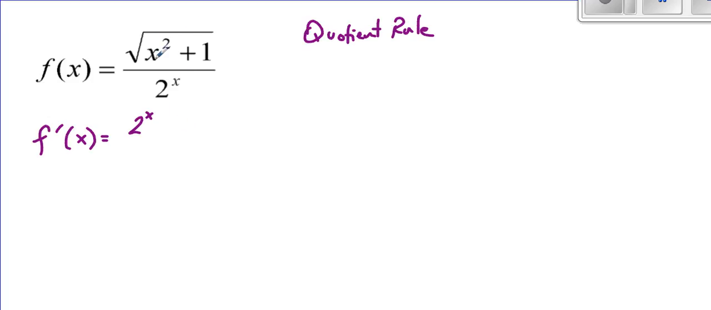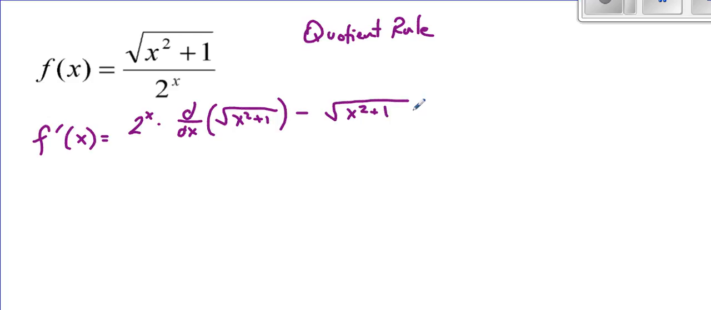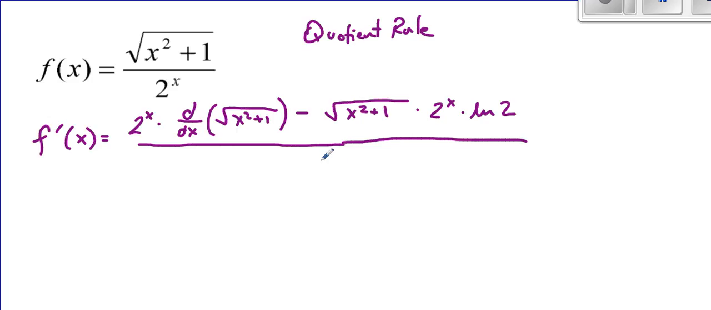D high, okay, that's a complex one again. So I'm just going to write a note to take its derivative in a minute, and we'll come back to it. So d dx of the square root of x squared plus 1 minus high, which is the square root of x squared plus 1, d low. So the derivative of the bottom is 2 to the x times natural log of 2. That whole thing is over 2 to the x